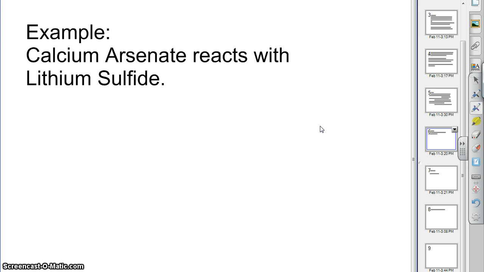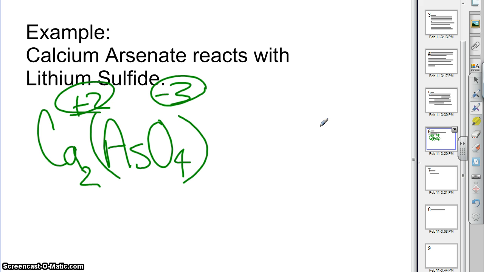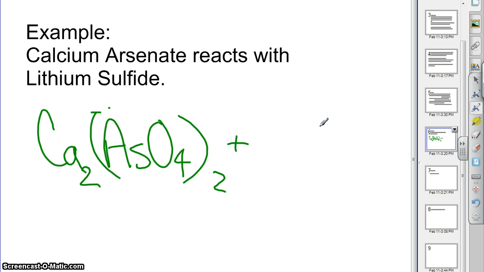Calcium arsenate. Calcium is Ca, has a +2 charge, and arsenate is AsO4. It has a -3 charge, so we need to make those cancel by giving 3 calciums and 2 arsenates. I'm not going to have room to write all this on one line, so I have to do it on 2 lines, I think. We're going to add that to, it's going to react with, that's what the plus means,